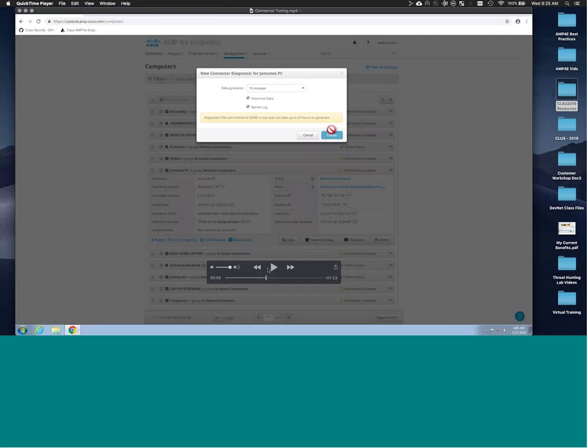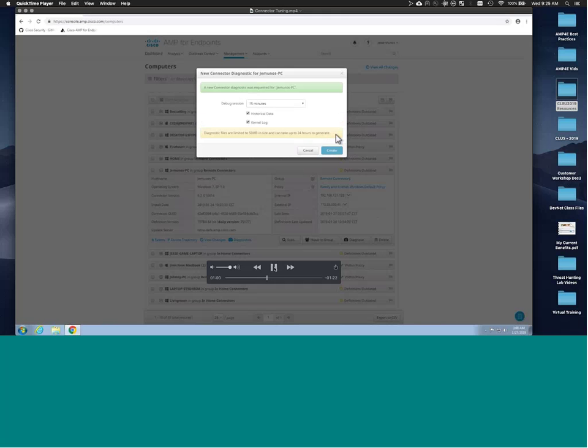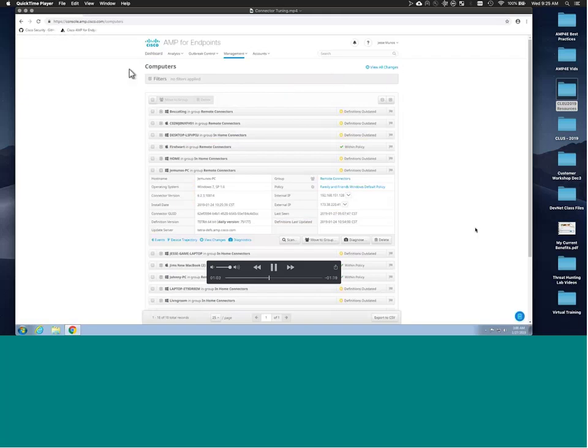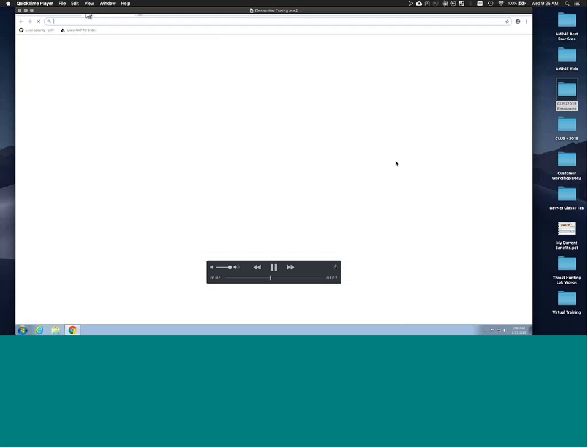So my recommendation here is when collecting debug diagnostics using this tool, always give it at least 15 minutes and always check these two buttons. We may not need all the data we're getting, but I'd rather have it and not need it. So you'll get this nice little green box that says it's been requested. A few minutes go by,